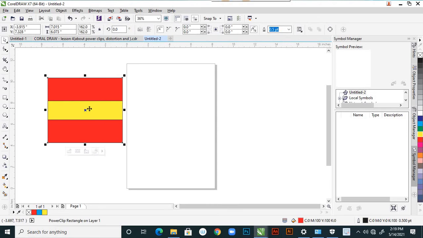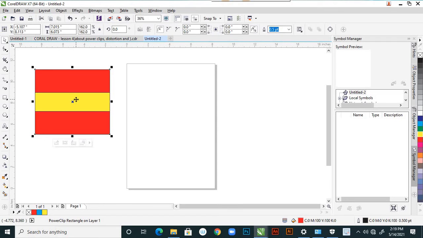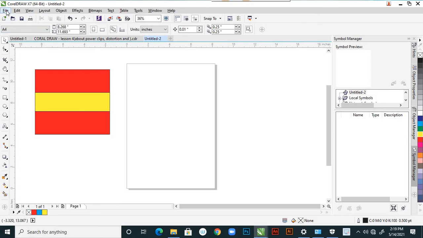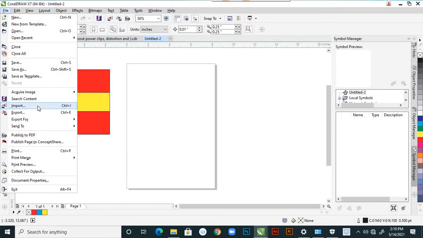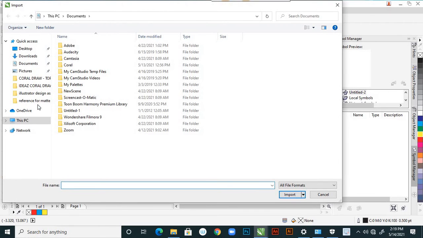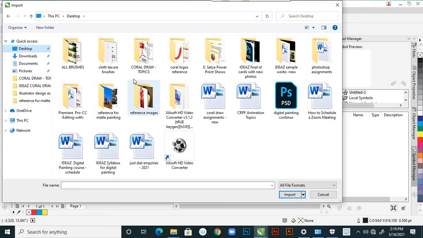Suppose I try to apply the same PowerClip on an image. What will happen? Let us see. For that I'm taking File, Import. On the desktop, find the reference images.